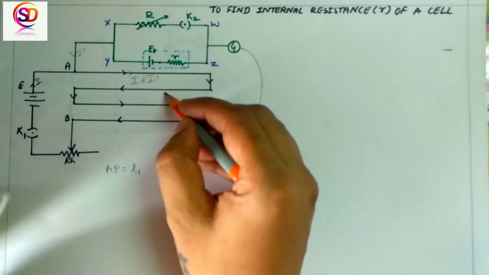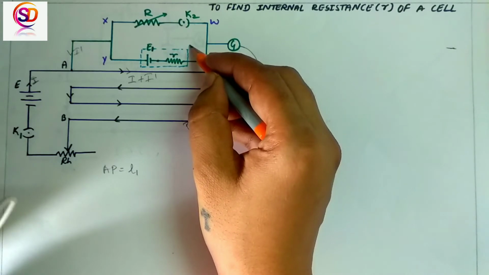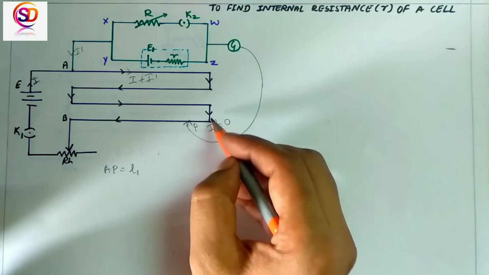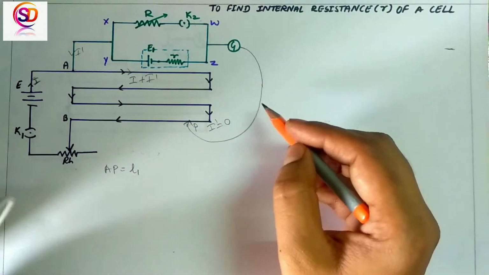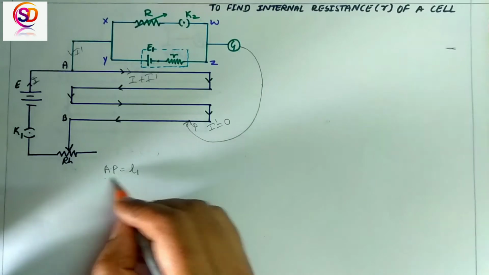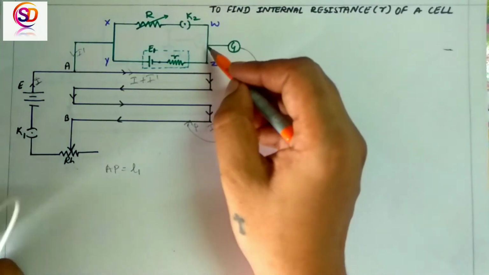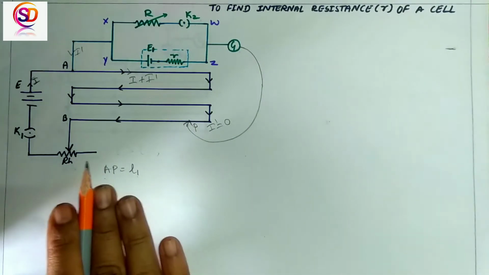It means it has drawn no current from the external system or external circuit. Only the I which started traveling through this wire only continued its journey. Now what happens if AP is a balancing length? In this case, no current is drawn from the external system, means the whole overall system is behaving as an